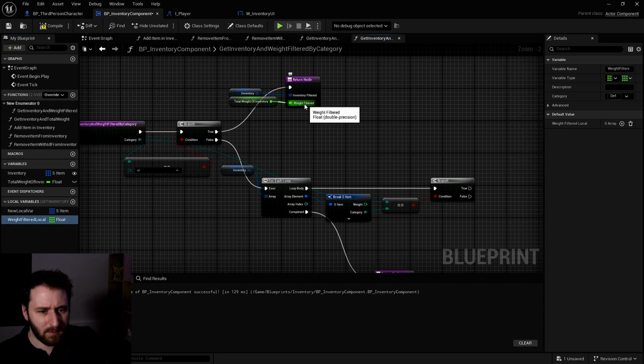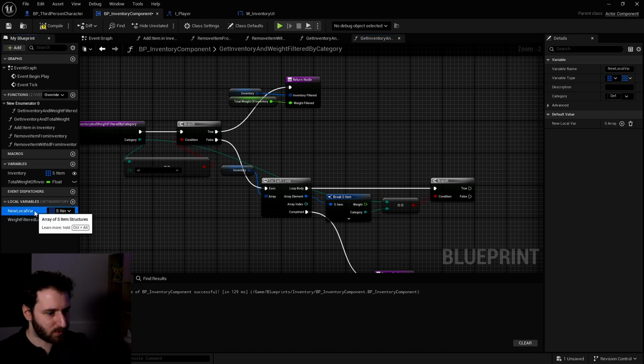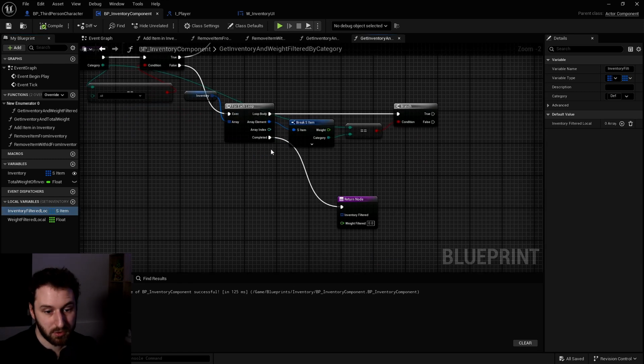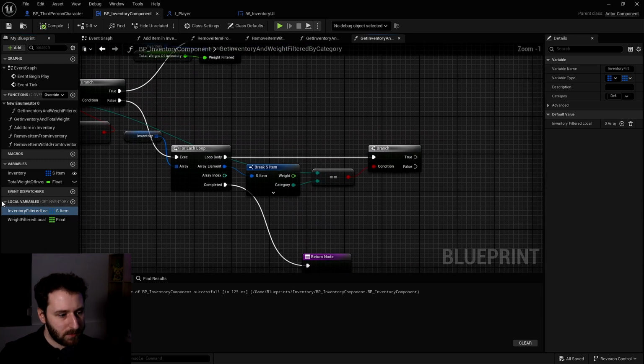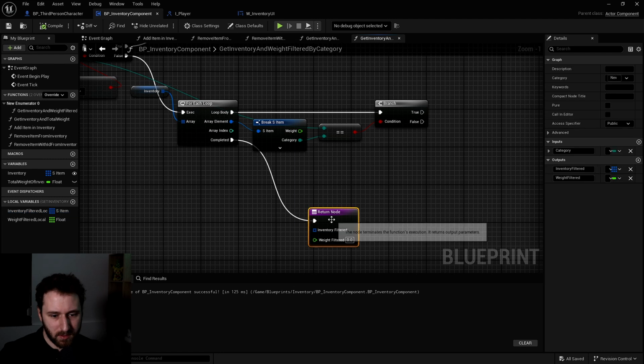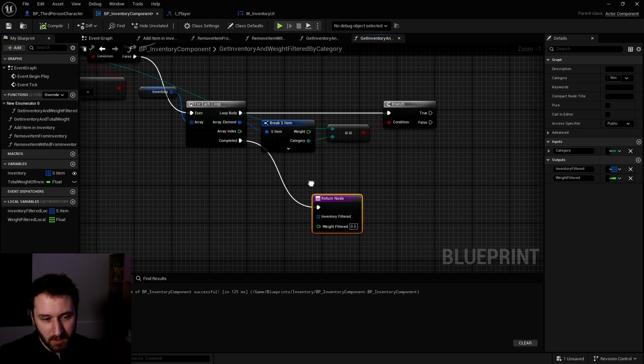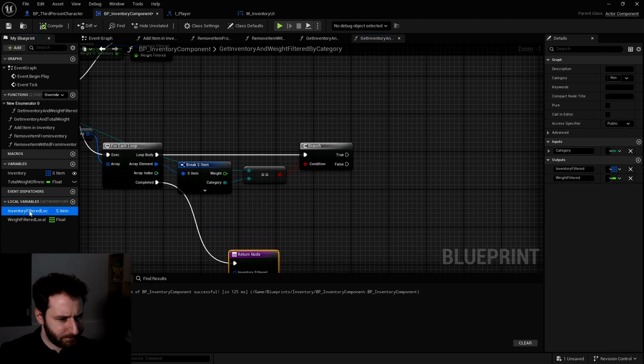As it is the same name as this, it's not happy. So let's put a local at the end. That's garbage, but I don't know what's going on. I never got that kind of thing. Inventory filtered local. Okay, so I checked with another project. We cannot have the same name for the local variable and the return node. Why, I don't know. But it's okay.